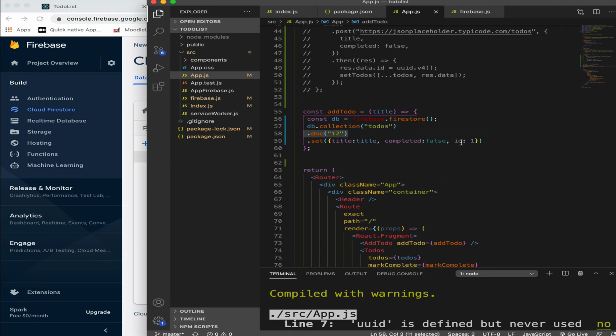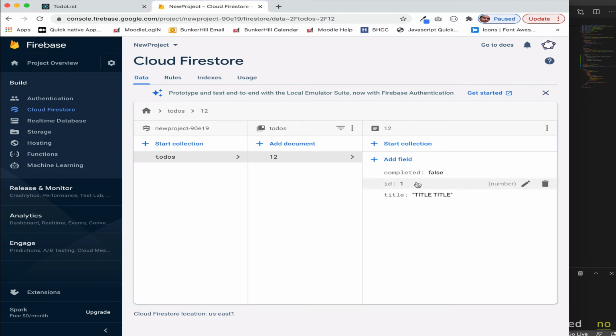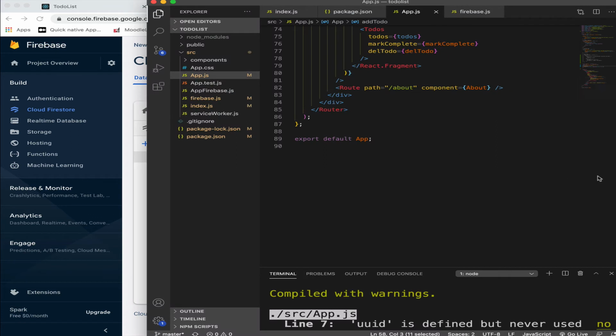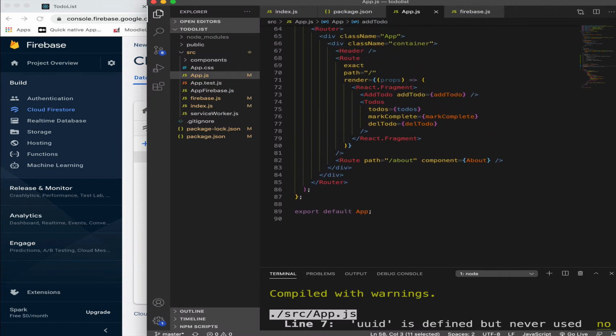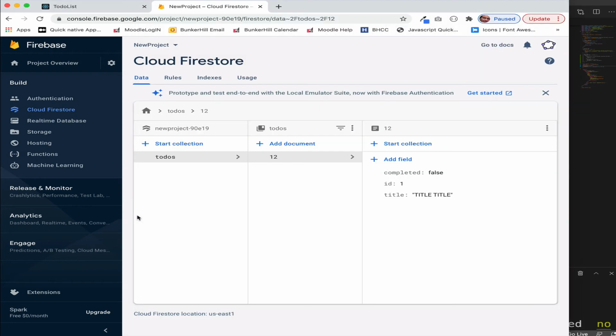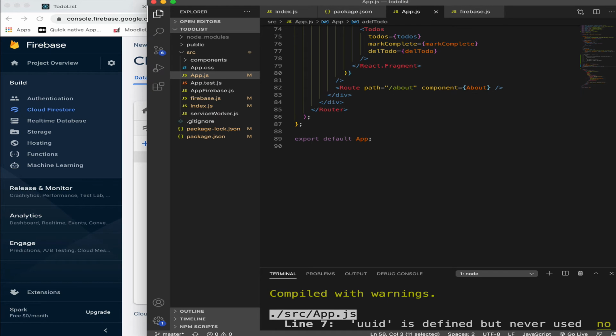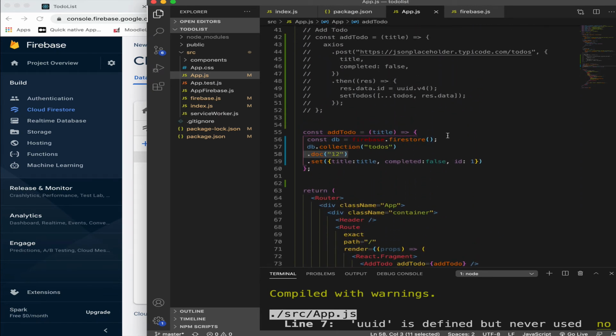And then you notice ID 1. Well, that's just another property, right there. Okay. Now, there are a lot of times when you're going to want to have a document be accessible by its ID, right? In which case you want to have the ID be the same as this ID here. And the way you do that is I'm going to show you how you do that, because again, you really